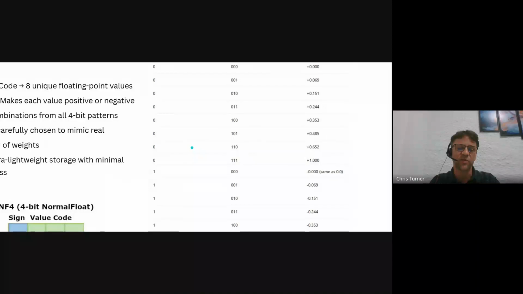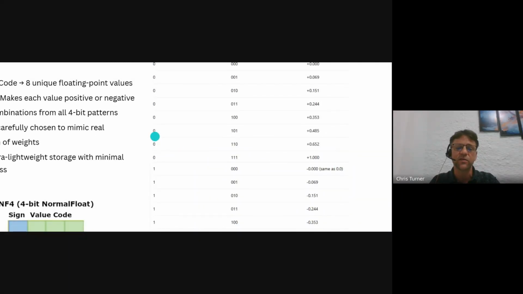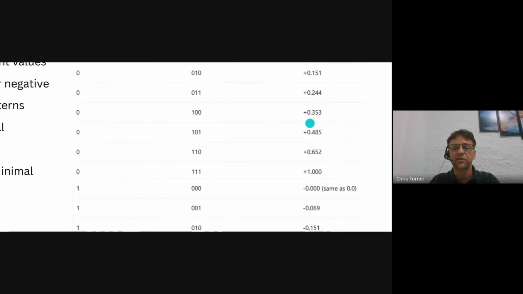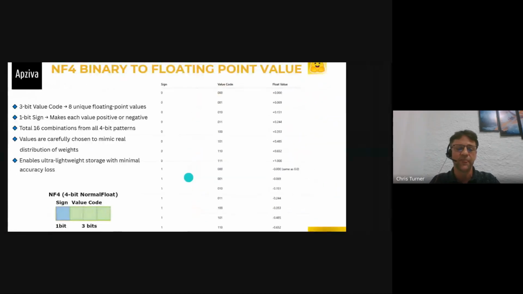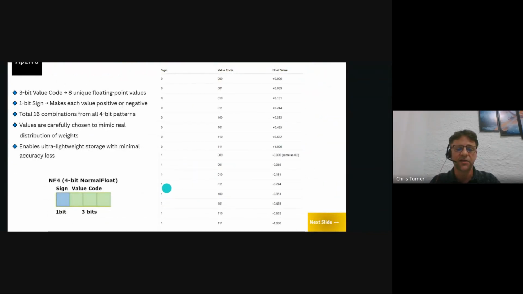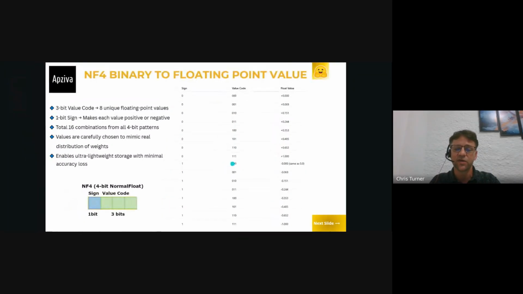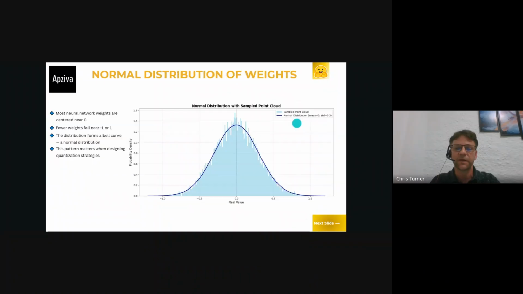And so, for example, if we had a 4-bit normal float that had a sign of 0 and a value code of 100, then it would be mapped here to this value of plus 0.35. And if it had a sign of 1 and the same value code of 100, then it would have a value of negative 0.353. So the value codes here are kind of hard coded into the float value, and so to get a better idea of